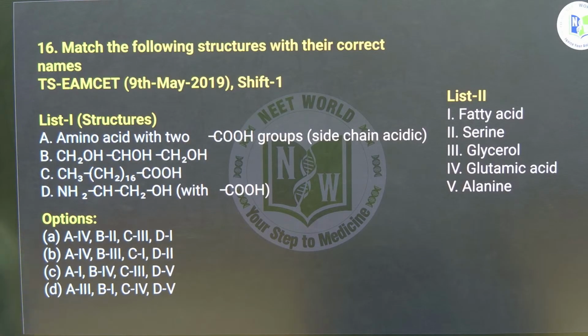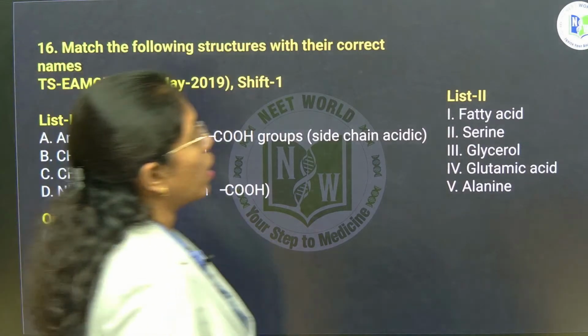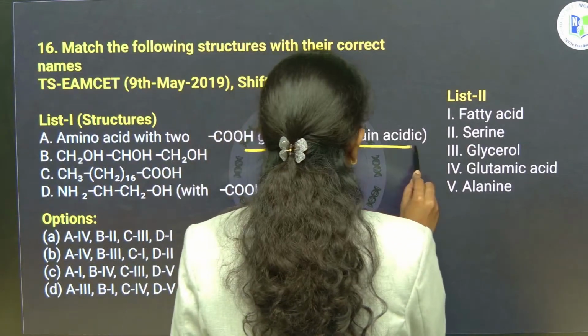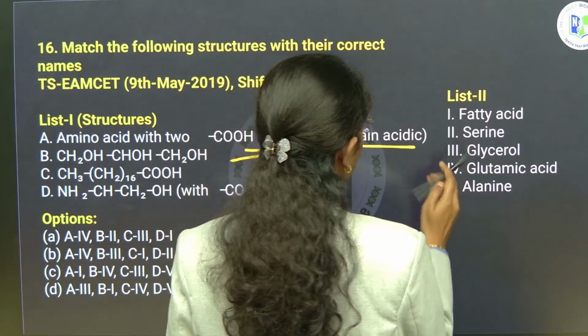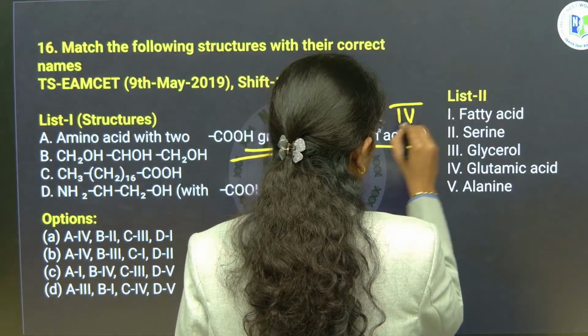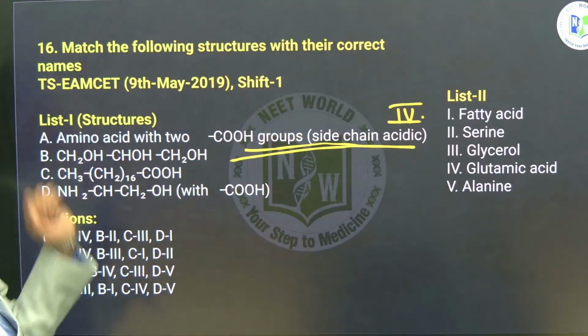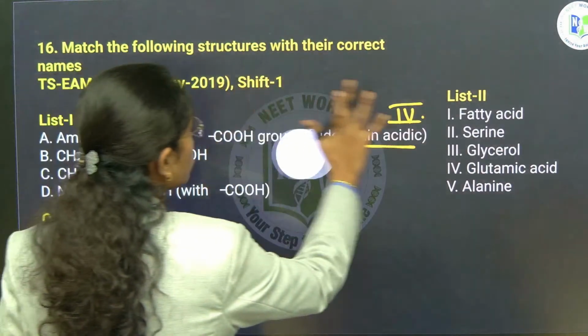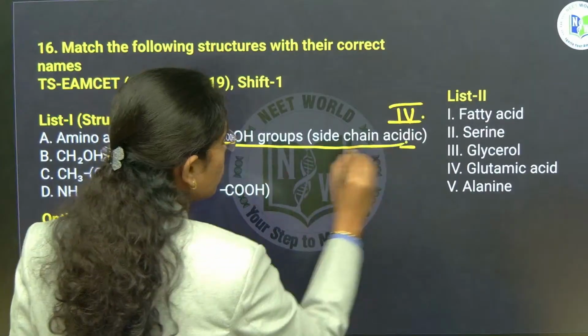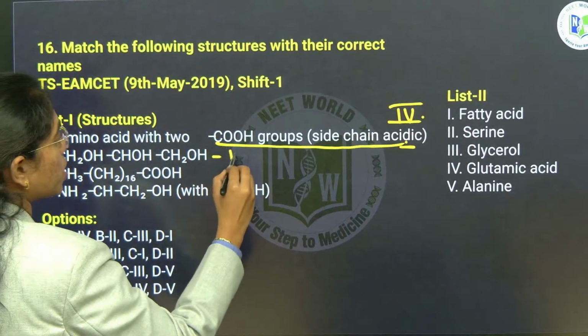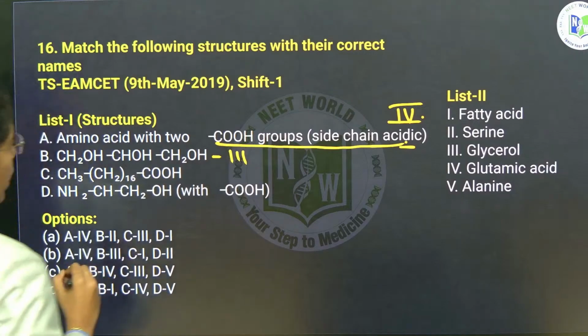Done, ma. So, here you see amino acid with 2 carboxyl groups. 2 carboxyl groups is an acidic amino acid. So, it will be glutamic acid, which is option 4 over here. Next, 3 carbon groups, and OH groups are also present, which is glycerol, that is option 3. Fine, right. Next,